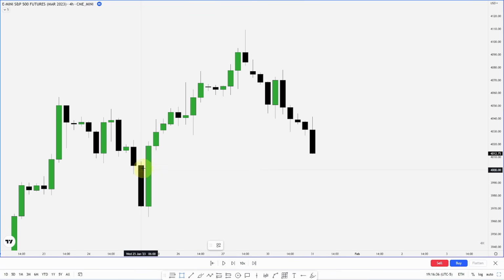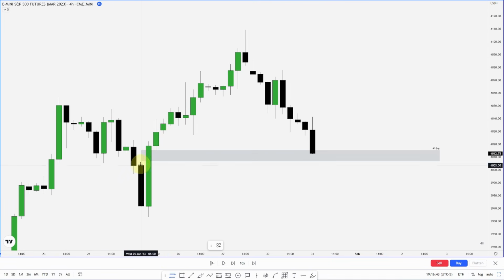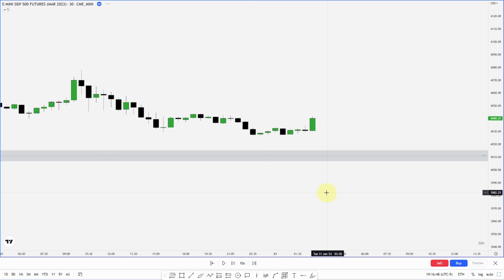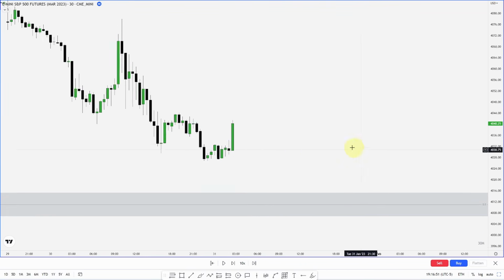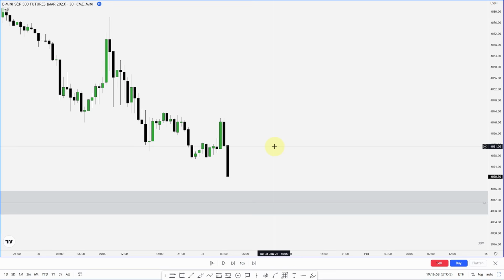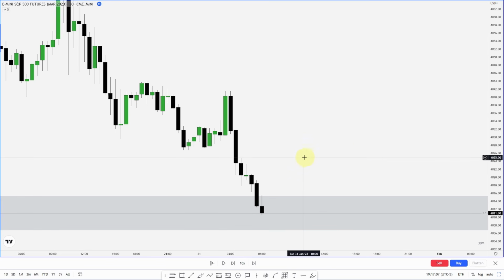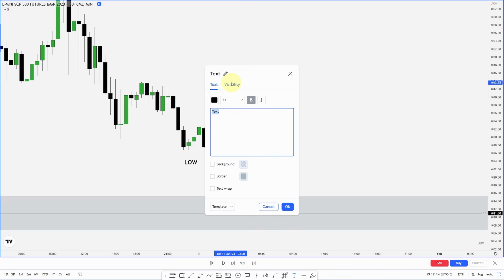So if you're looking right here, we have a 4-hour fair value gap. Drag that out. And the consequent encroachment of that right there. Now if we drop down to a 30-minute, you notice we have a large up close candle opposite in our direction of our draw on liquidity. And what do we get? A move down there. So zooming in and looking at this, what do we have? We have our low, we have our high, and now we are making a lower low.